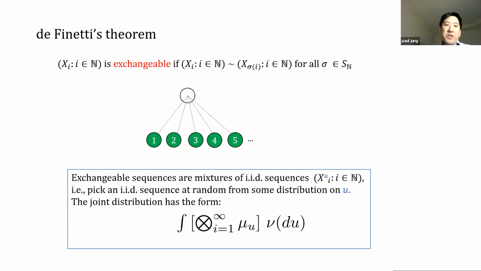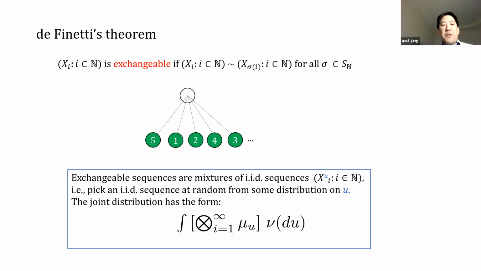We say that a sequence of random variables xi is exchangeable if, for any permutation, it could be a finite permutation or even an infinite permutation on the natural numbers. So let sigma be such a permutation. If you permute the indices and the joint distribution remains invariant, we say that the sequence is exchangeable. So here you can think of these green balls as random variables, and then we just permute them. And if such an action doesn't change the joint distribution, then